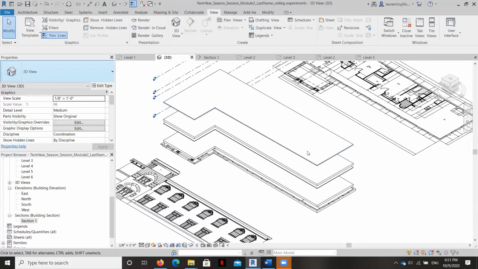In this video, I'm just going to show you a little bit of experimentation with your ceilings. You don't need to do any of these. If you want to practice and play with different ceiling types, what I recommend you do is just do a save as version of your file. So I've changed mine to ceiling experiments, and that way all the work I've done up to this point will stay in the Module 2 version. But if you want to play with some ceilings here, you can.